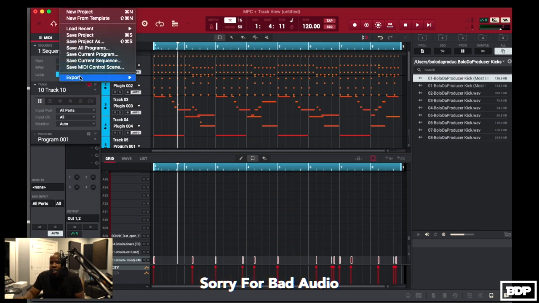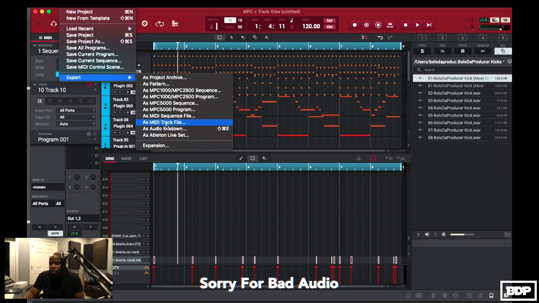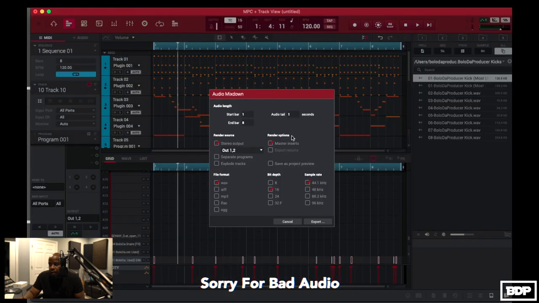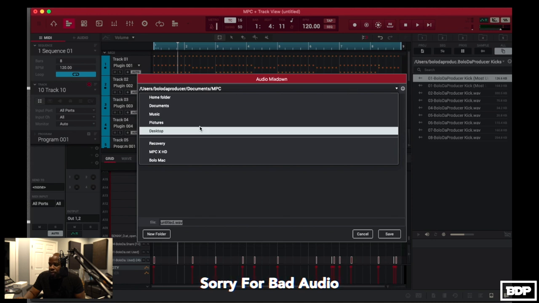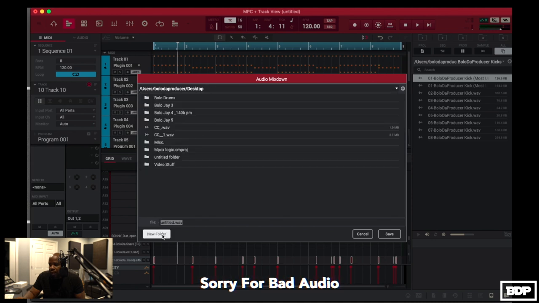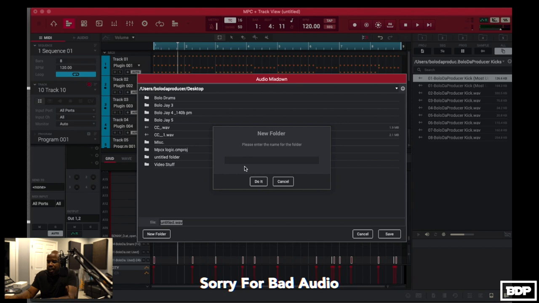So we're going to go to export. We're going to go to as audio mix down. Then from there, we're going to go to explode tracks. And I like to leave mine at 16-bit 44.1. Some people like to do 24-bit and all that stuff. I really don't hear that much of a difference, so I just leave it like that. I go to export it, and I'm just going to export it onto my desktop, and name it something like